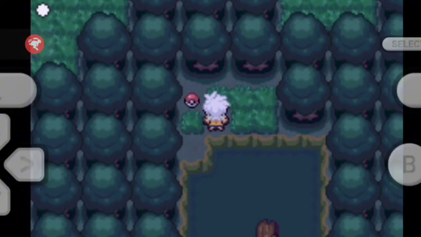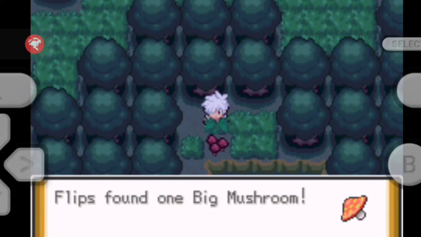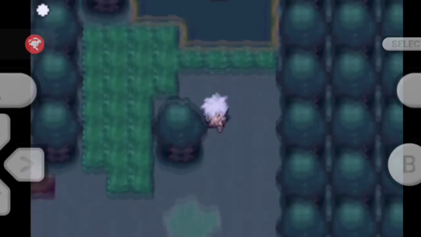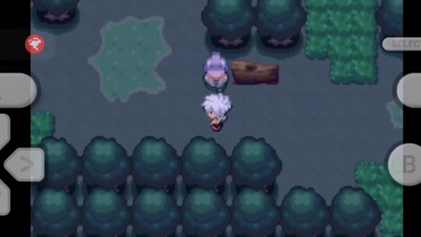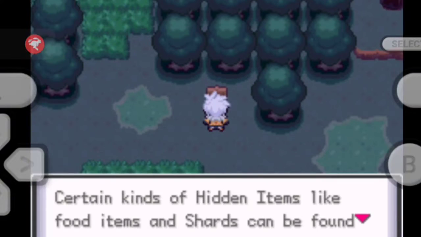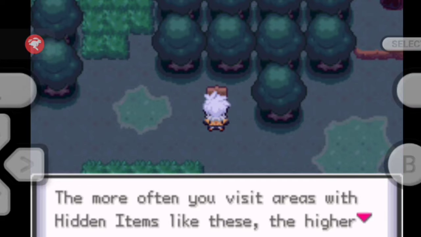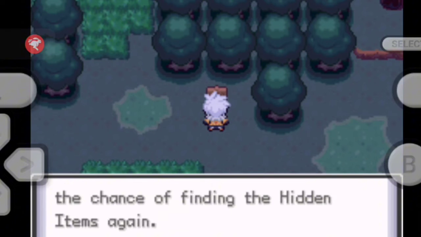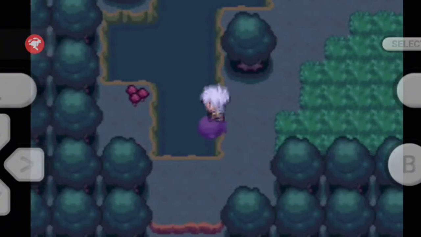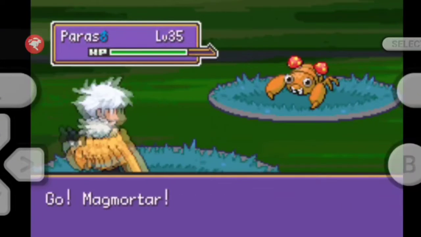Here we just picked up a big root, and if you surf across, you can also get a sunstone and search the mushrooms for a big mushroom. So take your time here, level up your Pokemon. There are a few people to challenge. Come and try to catch a whole bunch of new Pokemon too. And this sign is just another trainer info sign. It says there are a lot of hidden items to